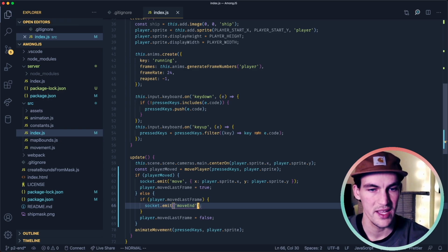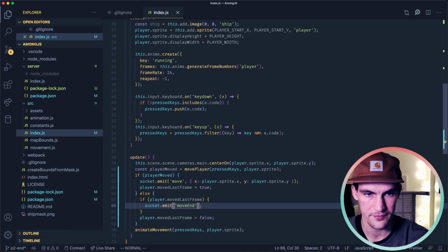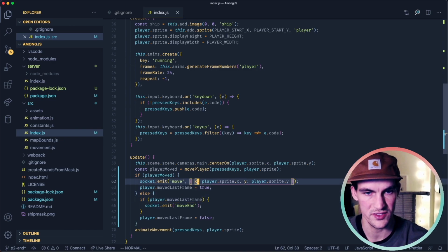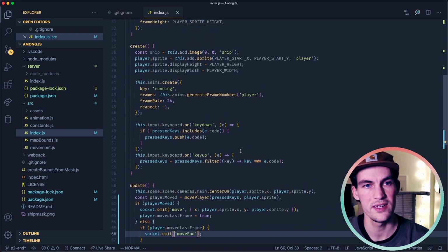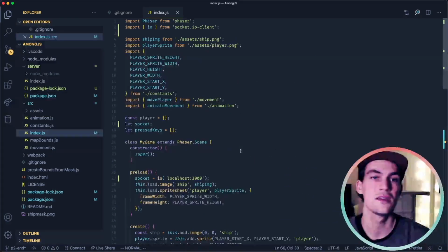So we won't have a payload for the moveEnd event. When we move, we just send the new coordinates, and then we send moveEnd so we can stop the run animation. So this is how you send the events, but we also need to listen for the events.